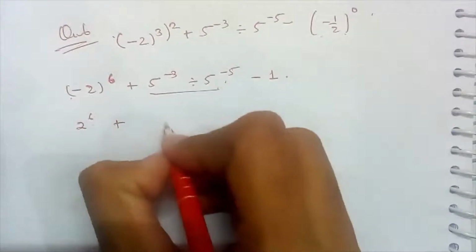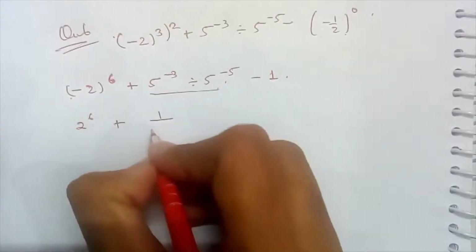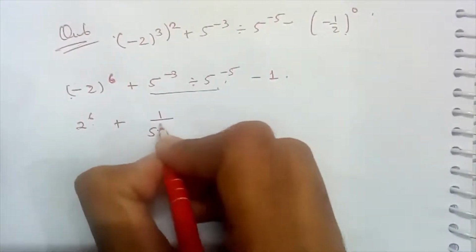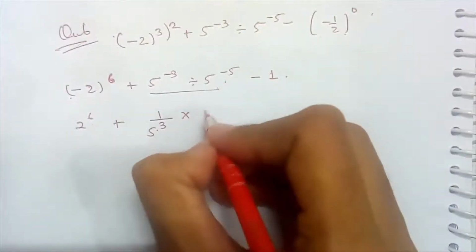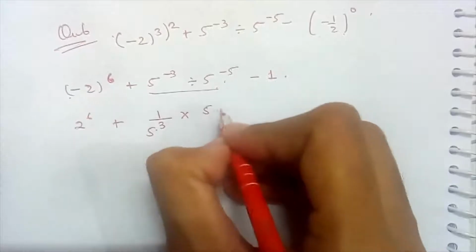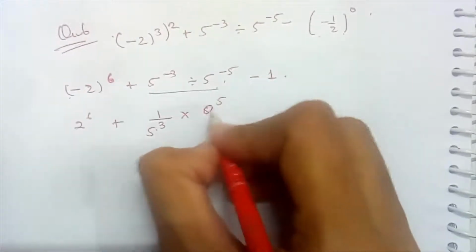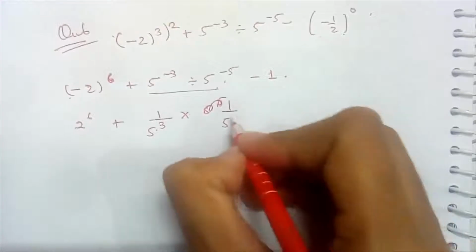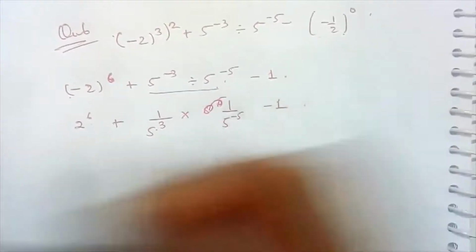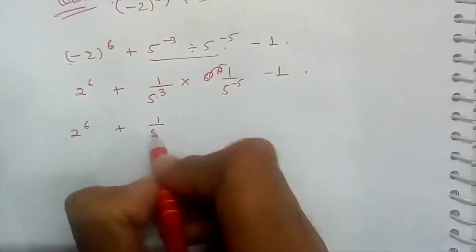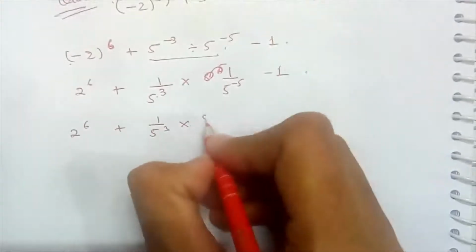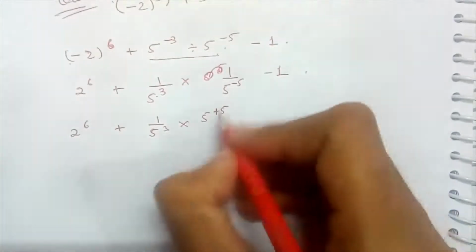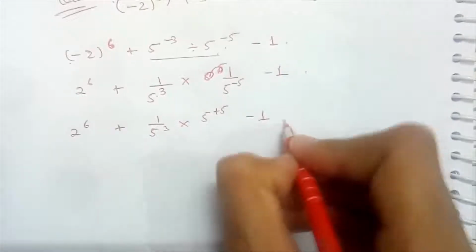So it will be 1 upon 5 to the power 3 and into 5 to the power 5, 1 upon 5 to the power minus 5 minus 1, 2 to the power 6 plus 1 upon 5 to the power 3 into, it's going reciprocal, let's write its reciprocal, it will go upward. Okay,